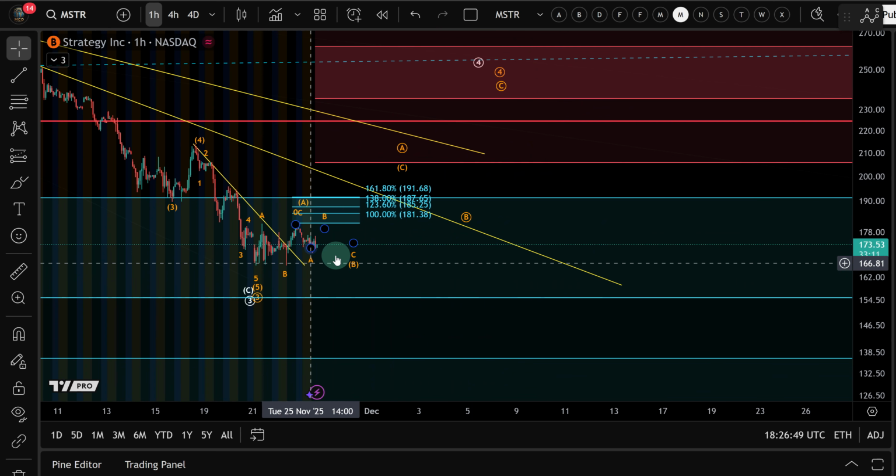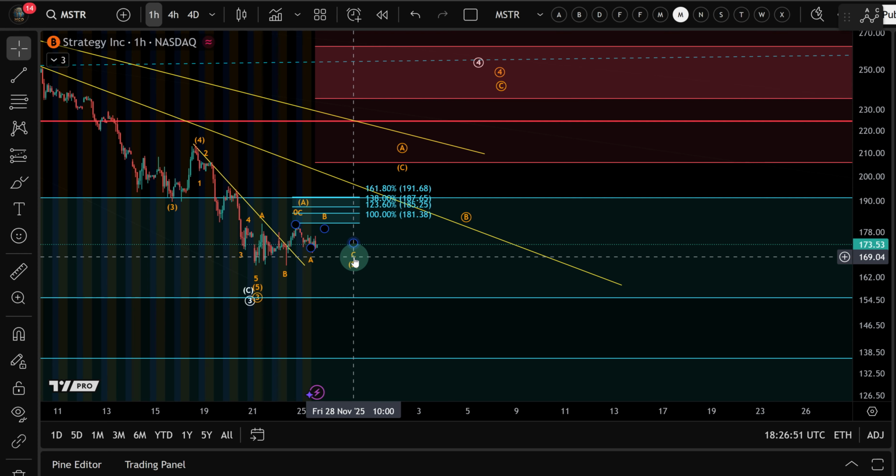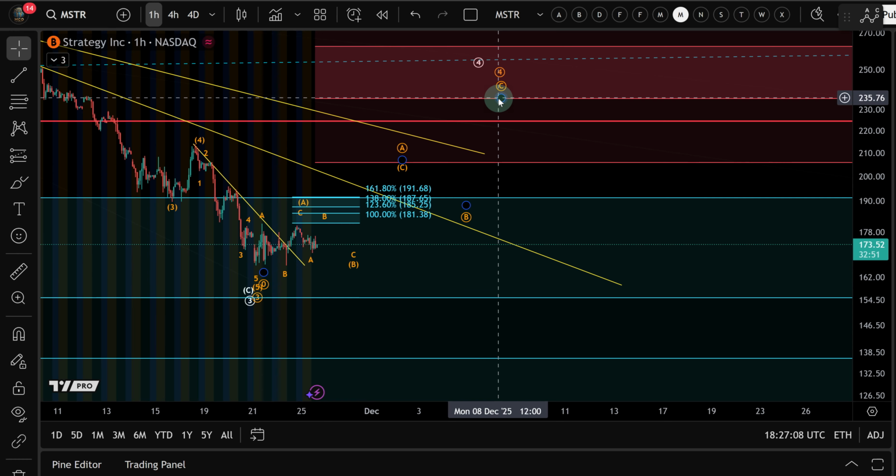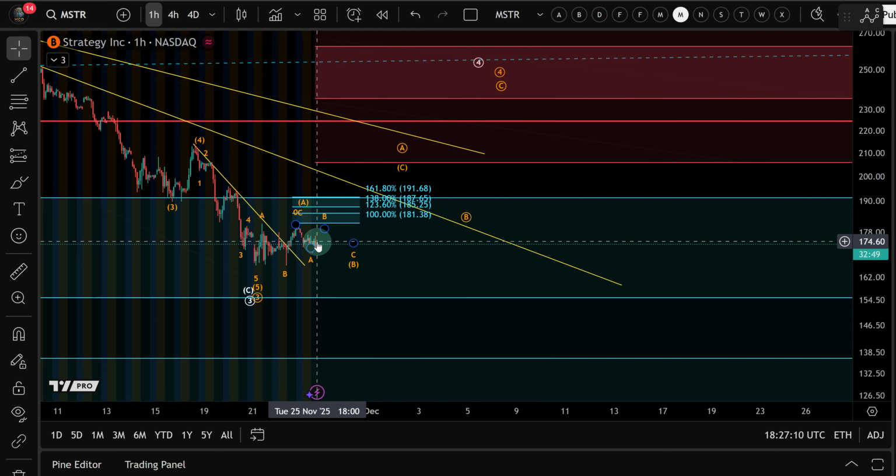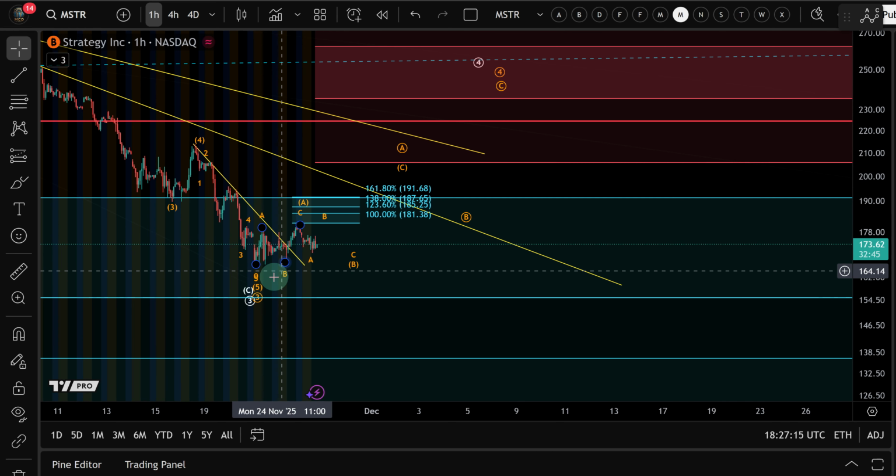This is really just sideways consolidation. I have a slight upward bias, but not really as a proper uptrend, rather as a short-term bounce, okay? A short-term bounce is definitely possible in this wave four to possibly $235 because that is typically an ideal target for a fourth wave. Now, we already saw yesterday that the market is just moving sideways.